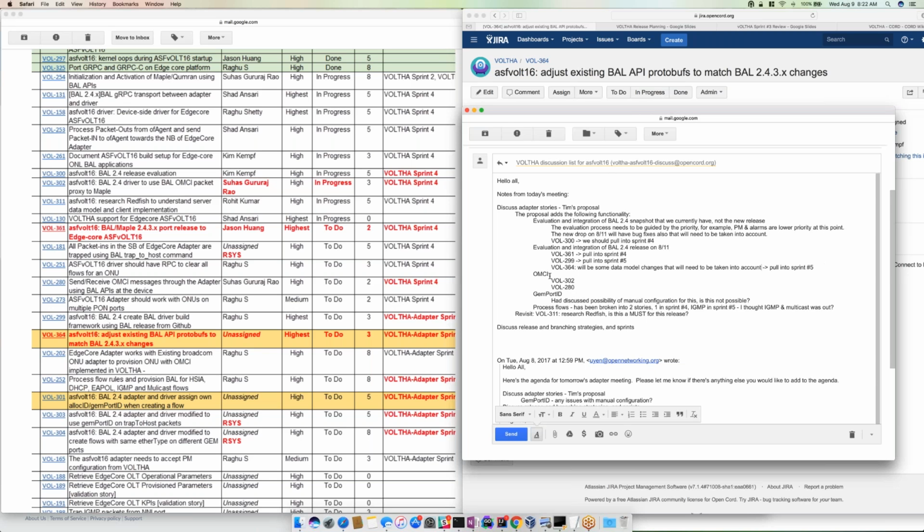Okay, OMCI. So I saw 2 stories related to OMCI. VOL 302: BAL 2.4 driver to use BAL OMCI packet proxy to Maple. This is being requested to pull into sprint 4. Right, and my concern with that was that the progress on the project is up to that point already, trying to get that OMCI proxy to work. And it was just totally appearing in the backlog, so it wasn't matching reality, as Suhas is really working on